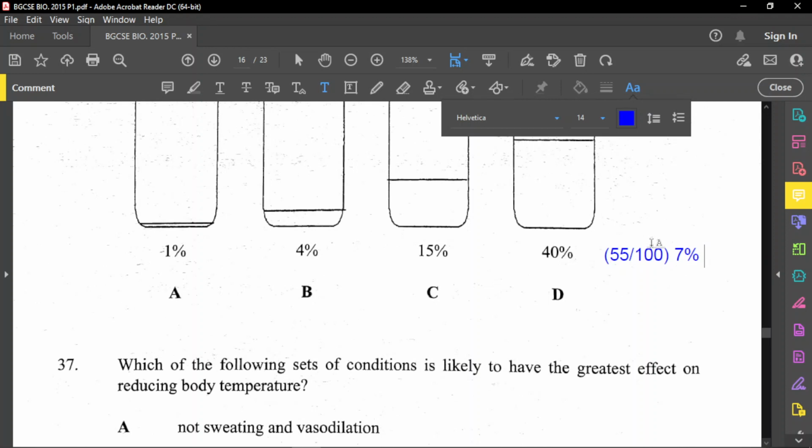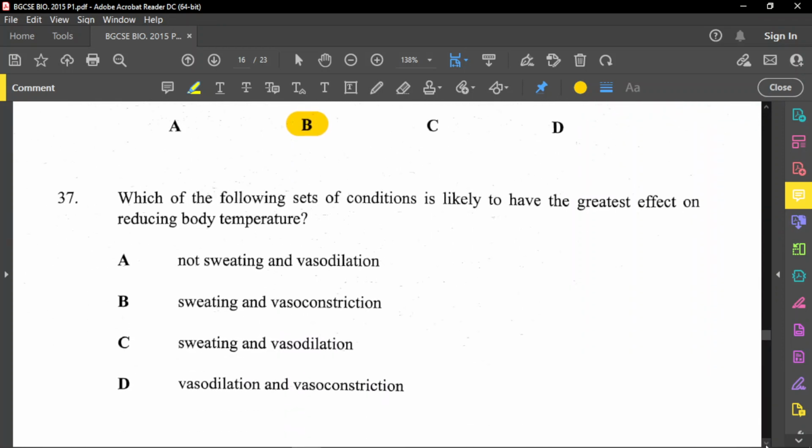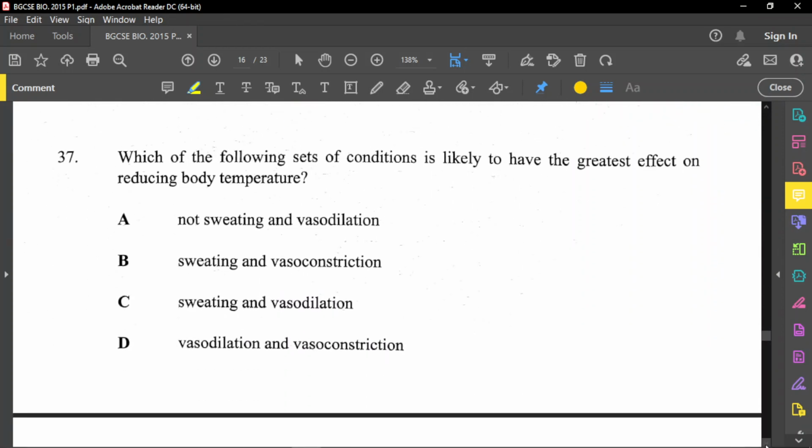And what we get here, this should equal approximately 3.85. Okay, so 3.85, and the closest value there will be 4. So this will be 4% based on the content of the beaker. Okay, so 4% will be your answer. That's a rounded value. All right, so here now it said which of the following set of conditions is likely